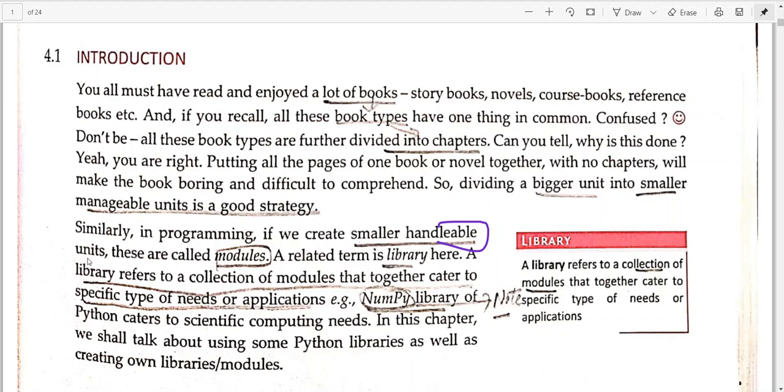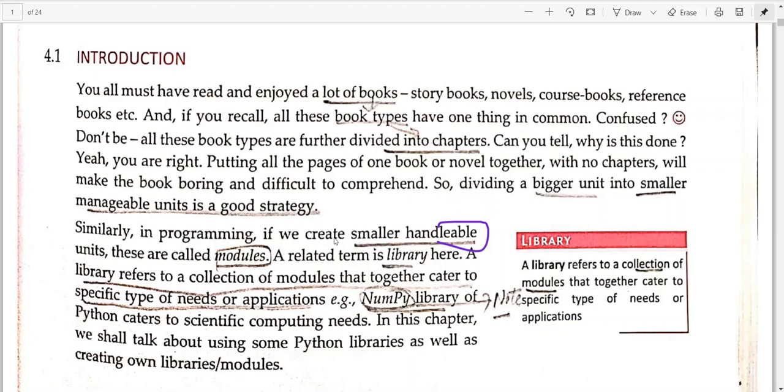Let us take an example. If you have a book and there are no chapters, then it will be really difficult for you to understand or to read that book, because all together makes a complex situation. So when we divide a bigger unit into smaller manageable units, it is a really good strategy.